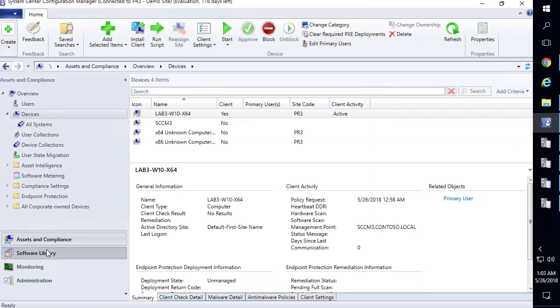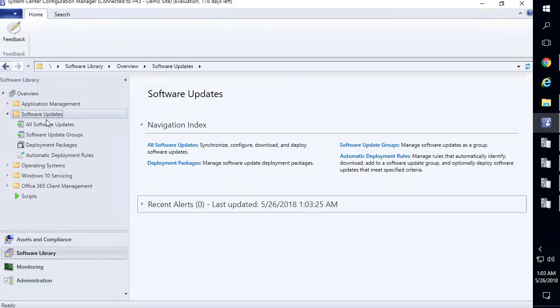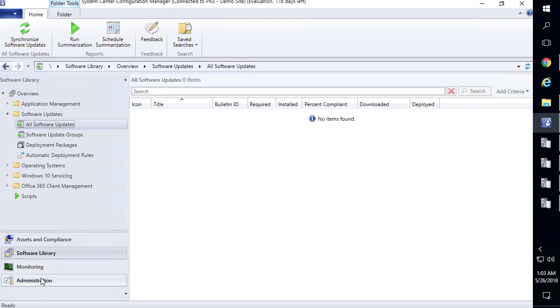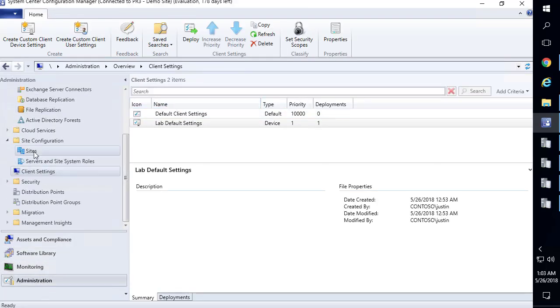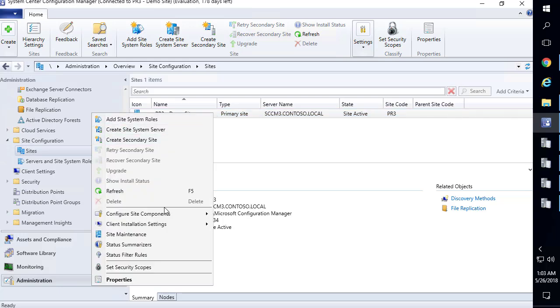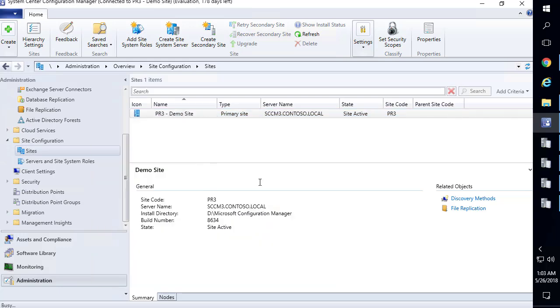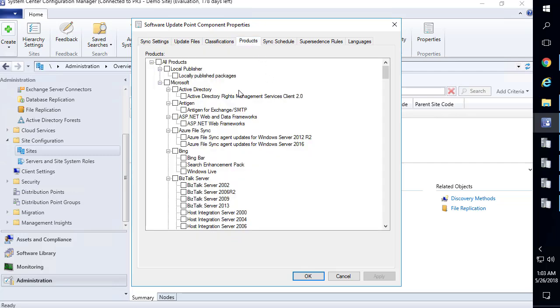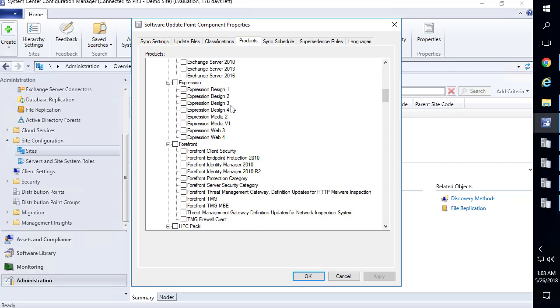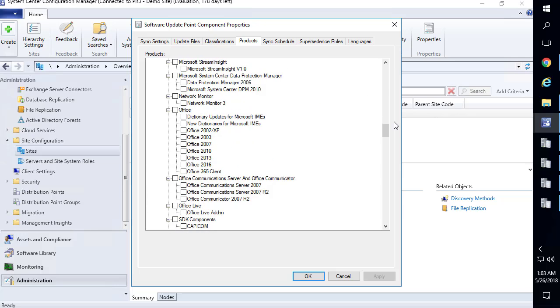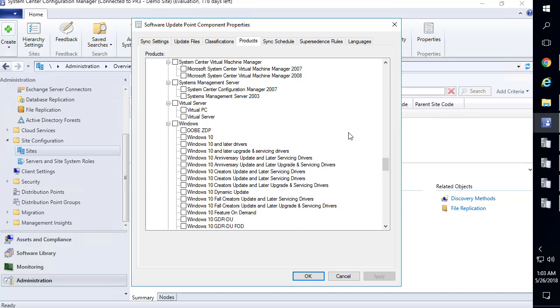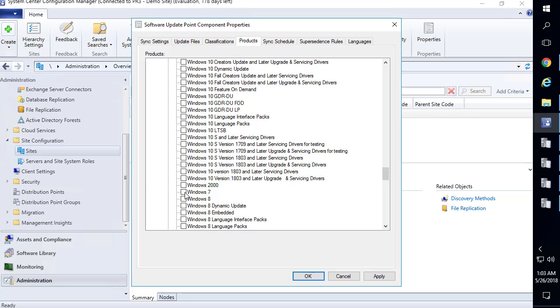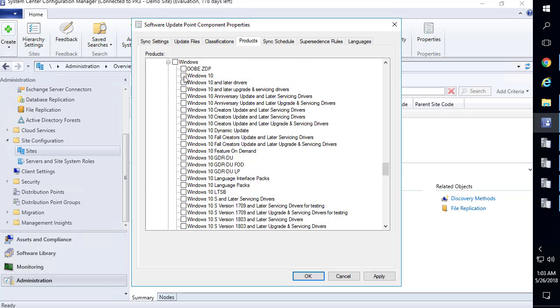So actually what I want to do here before the updates start to synchronize, we can see right now nothing's run. I'm going to go back into my products just because I'm not really interested in Windows 7. But now that we did that first synchronization, we should have all the new products in here. So if I come in here and go down to Windows, I'm going to uncheck Windows 7,